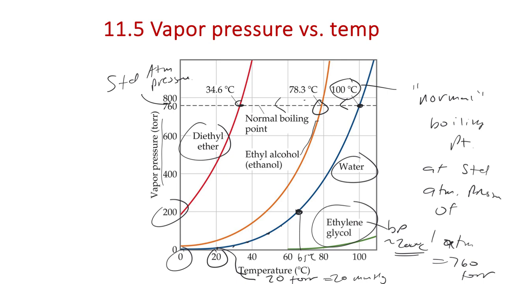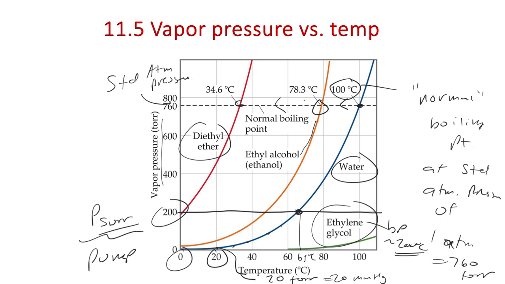We can do this with a vacuum system. Imagine I have a liquid and I put it into a sealed system with a vacuum pump reducing the pressure. So there's now less pressure holding that liquid in. Let's say I connect a sample to a vacuum system that has a 200 torr pressure. So if I use a vacuum pump to reduce the pressure of my system down to 200 torr, so this is my surrounding pressure on the system, maybe you could be using a pump or something to reduce the pressure to get down to this pressure, then my